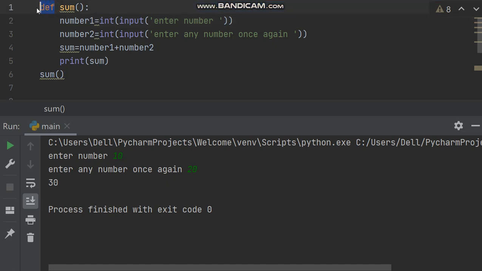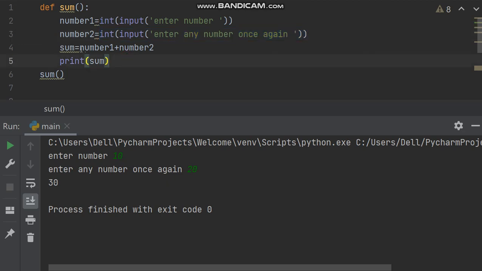Python. Def is the keyword, definition, and then sum is the function name, parenthesis followed by this colon. This will give a string that is converted to integer and it is stored in the number 1 variable. Similarly, this will give a string and it has been converted into integer and stored in number 2.